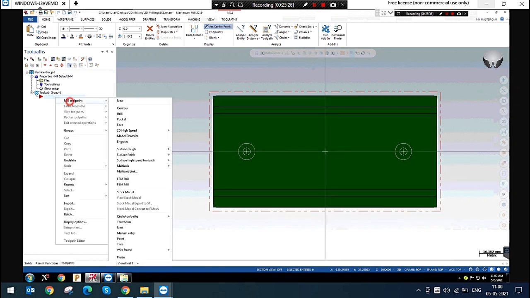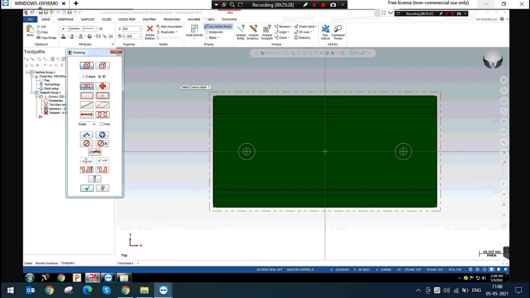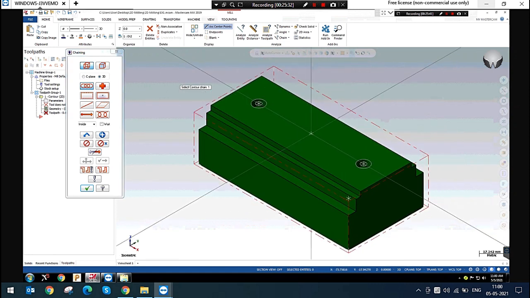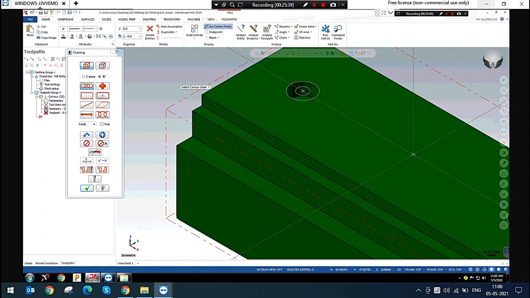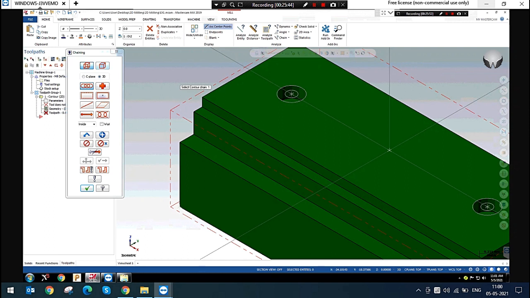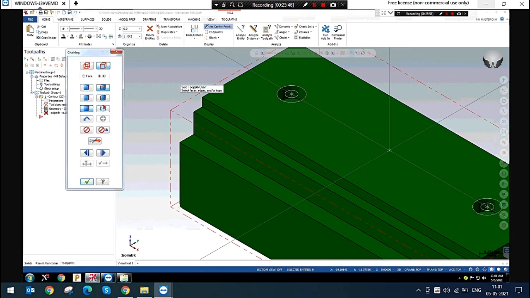So now I am going to select a single edge. There are no wireframes in my model. I am selecting this, but it is not selecting because there is no wireframe here. So now I am enabling the solid selection chain method. This is the solid selection chain method, and I am just selecting the single edge operation selecting method. So this is single edge. Now I am selecting this single edge.